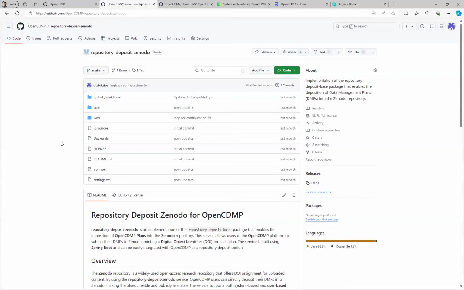But in any case, we have a base support for all these repository software that Ellie mentioned, and we're open to expand the support further if we have the effort, and it does not require a lot of effort to do so.